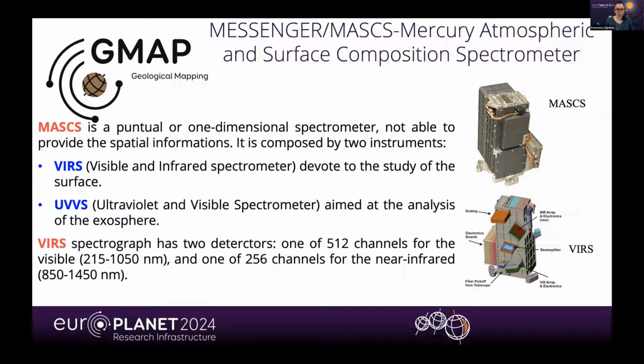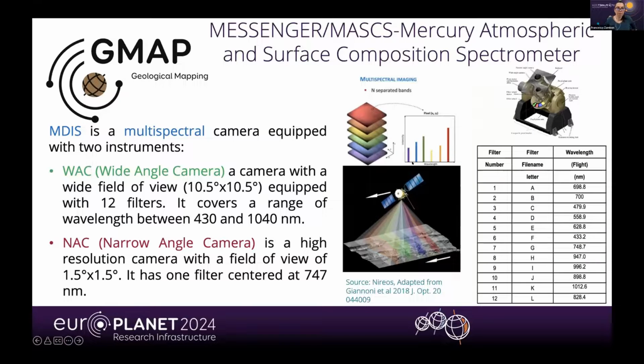This spectrometer had two detectors, one for the visible channel between 200 and about 1000 nanometer, and the other one for the infrared between 850 and 1040 nanometer. Then we had a camera